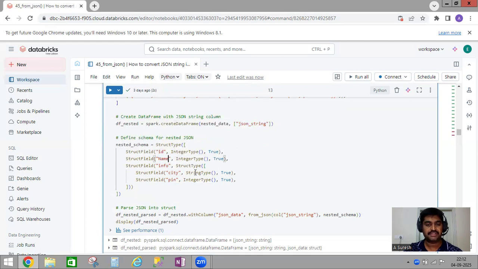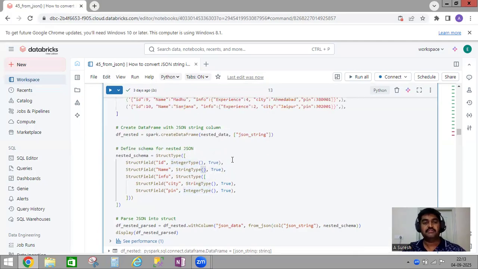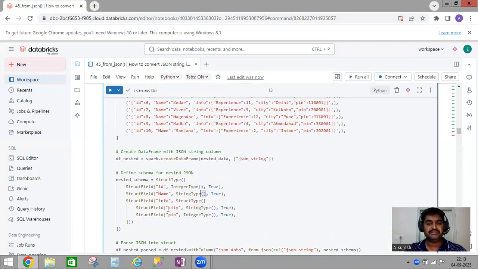But this is string type. String type. Okay, so ID, next name is string type. Next, if you come to info, see here for info, first struct field and column name is info. And again, inside we are creating struct type. Why? Because again, JSON is there. Okay, so since JSON is there, I am defining struct type, and inside that, see, this is tuple, and inside